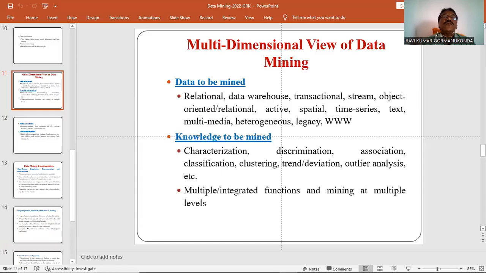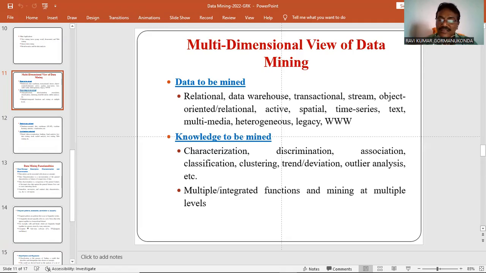One more is the multi-dimensional view of data mining. In this multi-dimensional view, there are a number of views of data mining. One is called data to be mined, which is what kind of data is to be used for mining.